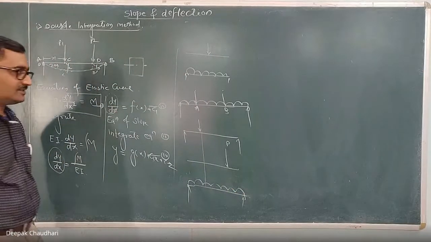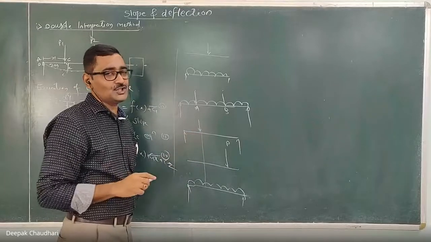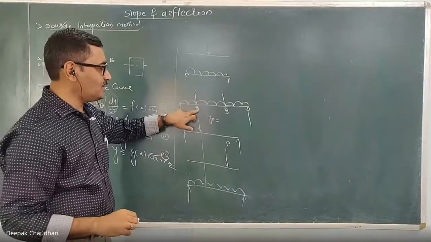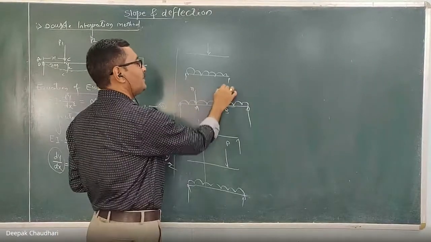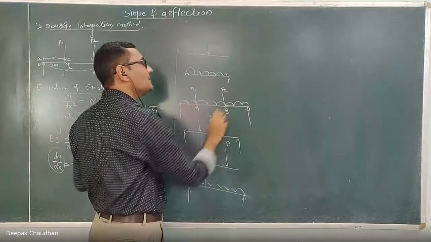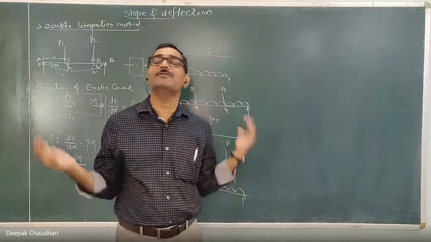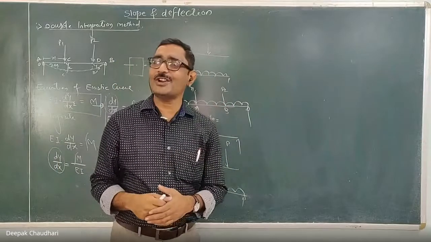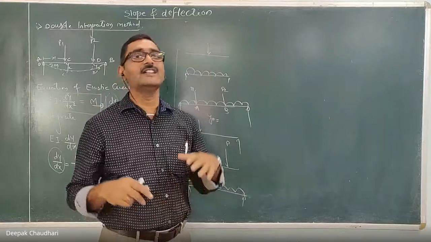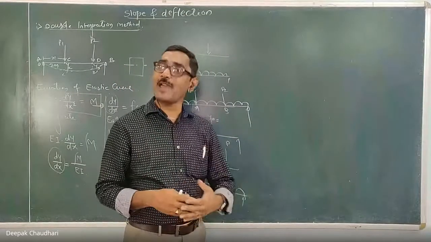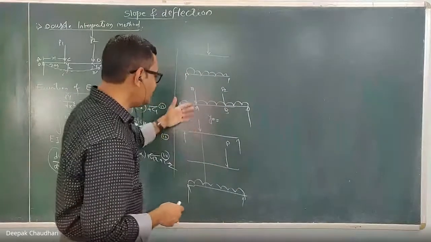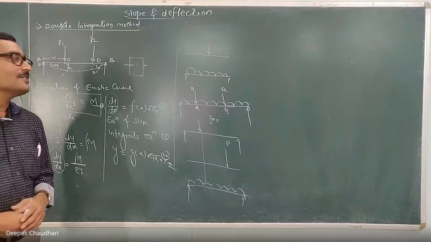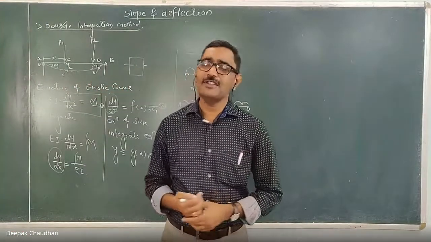double integration method, and then by using the principle of superposition, the total deflection at point A is equal to the deflection at point A because of the load P1, plus the deflection at point A because of the load P2, plus the deflection at point A because of the UDL, and that you have to add. So it becomes a very lengthy sum, even though this load structure is not that complex. To avoid this difficulty, we are going to use the Macaulay's method.